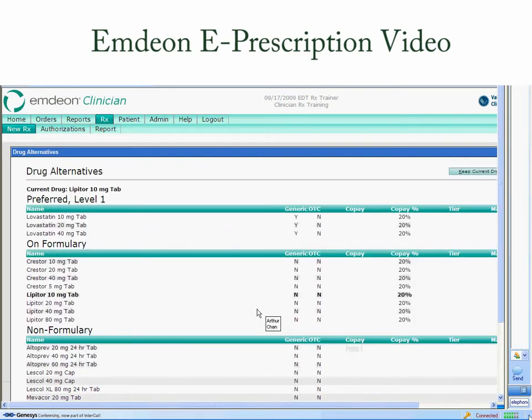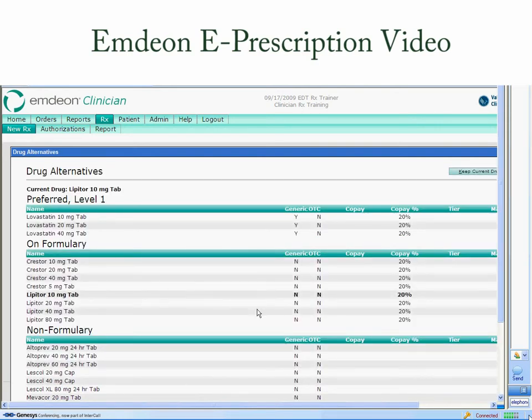Once you have selected the medication, the formulary checking will then be in effect. Again, being that this patient was located within the RX Hub database, the formulary checking will be automatic when selecting a medication. So, the drug alternatives, otherwise known as the formulary, will specify from the most preferred level all the way down to if a medication is not even part of or available for prescribing under the insurance. Notice that my Lipitor 10 milligram tablet is highlighted, and it will allow you to confirm that you want to